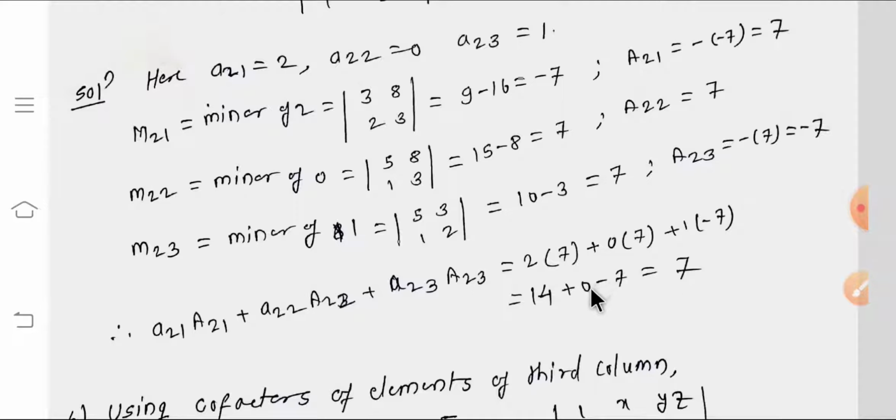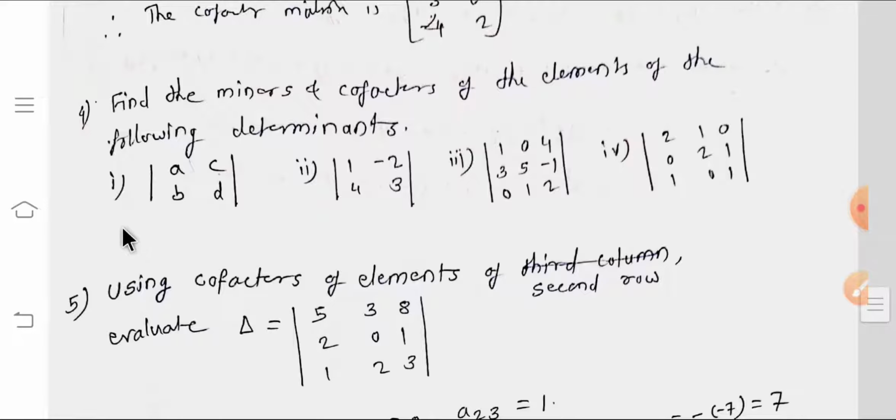So here ends minors and cofactors. Using these we find the adjoint of a matrix, and this method is also used in finding the inverse of a matrix. So remember these minors and cofactors. For the remaining examples, I have given some problems: find the minors and cofactors of the elements of the following determinants. You have to try them yourself, because this is very useful in finding the adjoint of a matrix. In the next video we continue with the adjoint of a matrix.